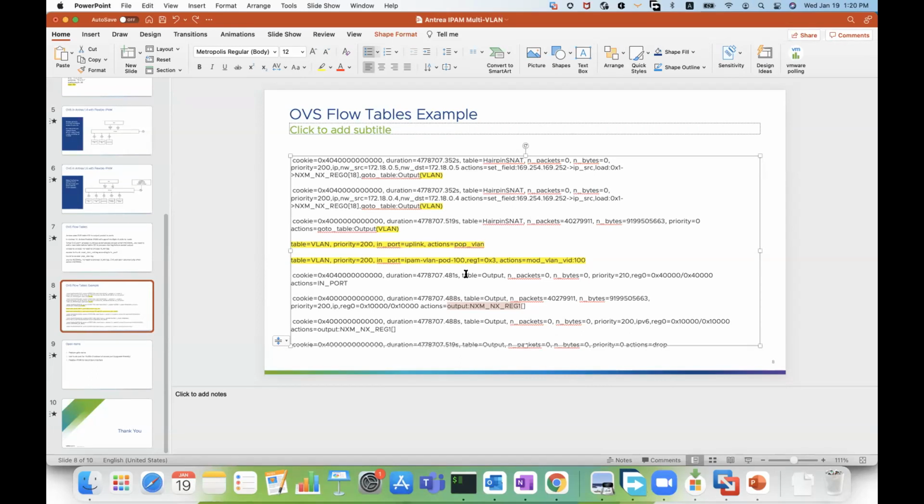Antrea won't use the normal action for forwarding. So all of our traffic, except the ARP or ICMP version 6 broadcast, will be output to a specific port in the output table. I see. Okay, so summarizing,